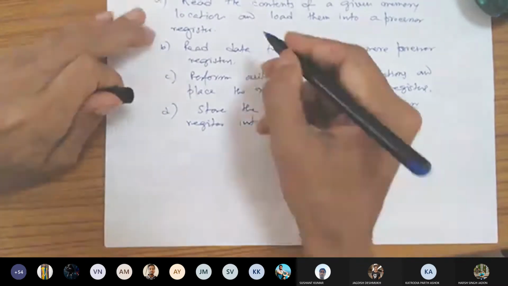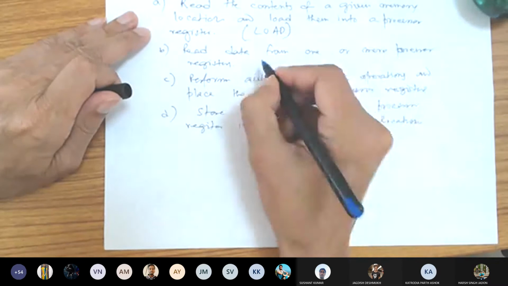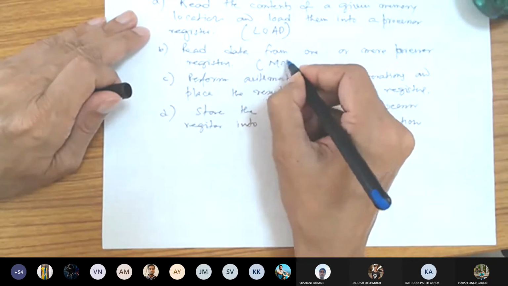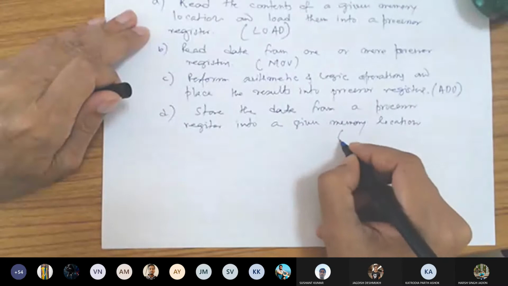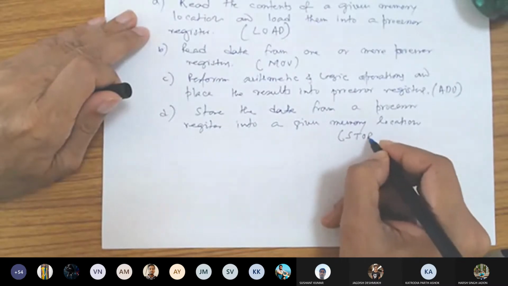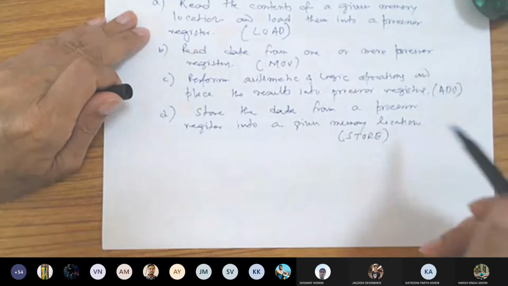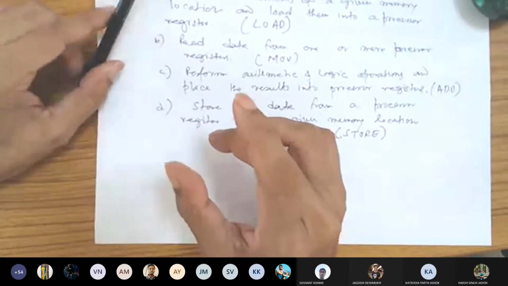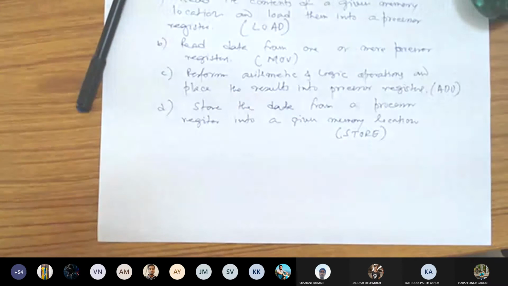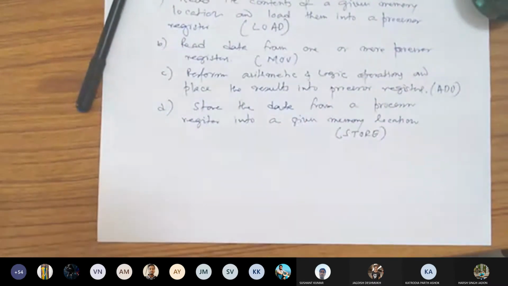So here is an example of load. This is move. This is add. This is store. So load, move, add, store. These are the four instructions which will probably occupy 80 to 90% of your program code.